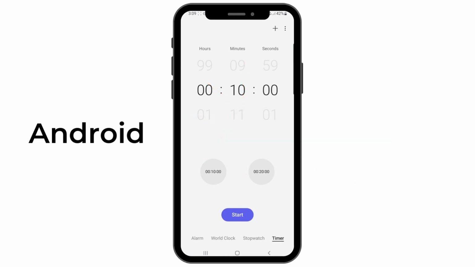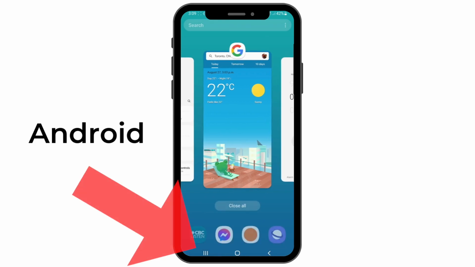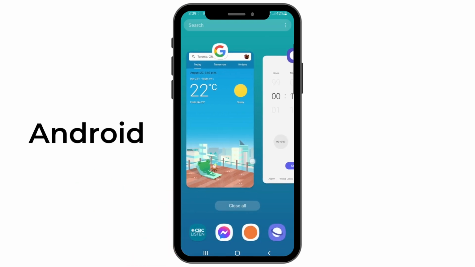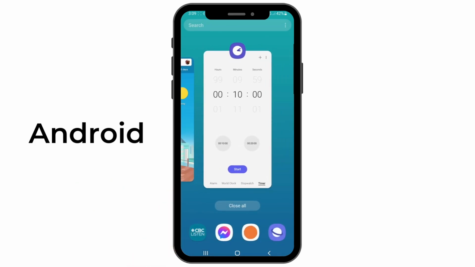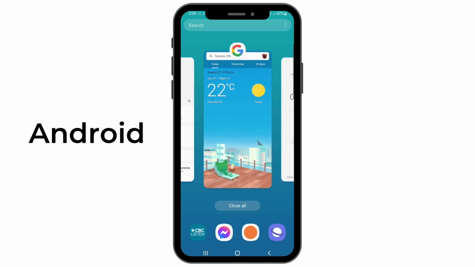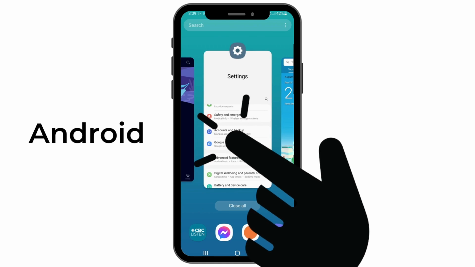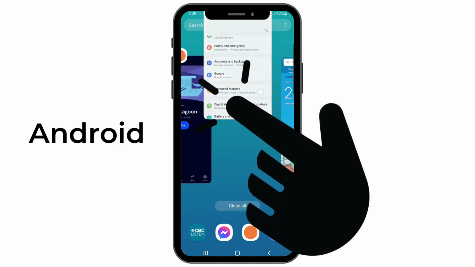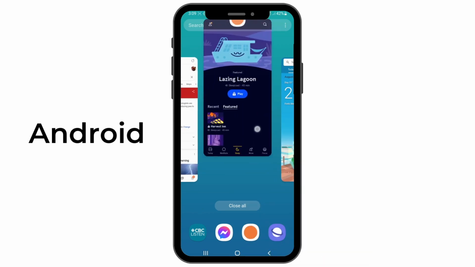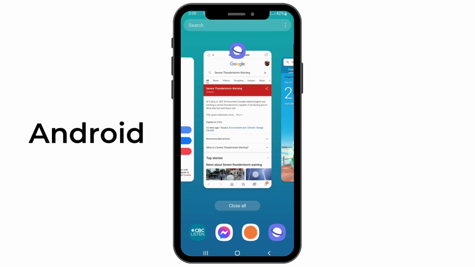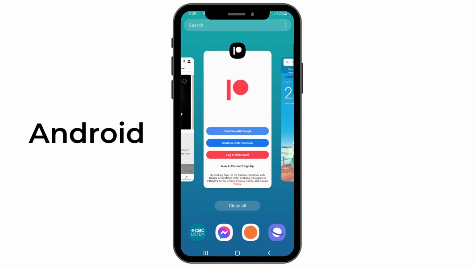If you'd like to close apps that you're not currently using, tap on the View Open Apps button again, swipe left and right through your apps to find the app you want to close. When you find that app, swipe up on it by placing your finger on the app and quickly brushing it upwards on the screen. It's not necessary to close apps when you're finished using them. However, if you're having problems with a specific app, closing it and reopening it can help solve that problem.